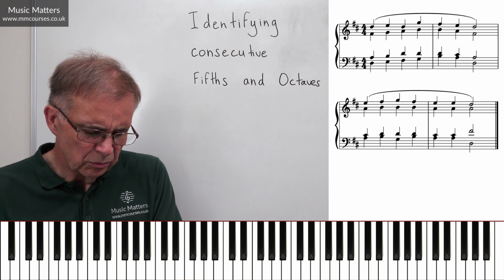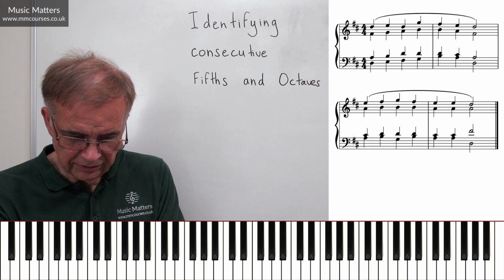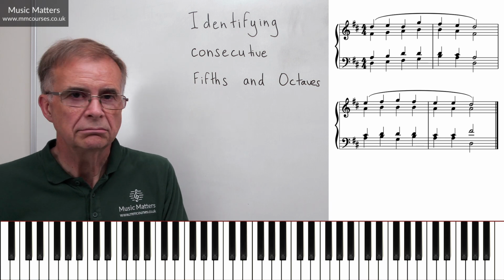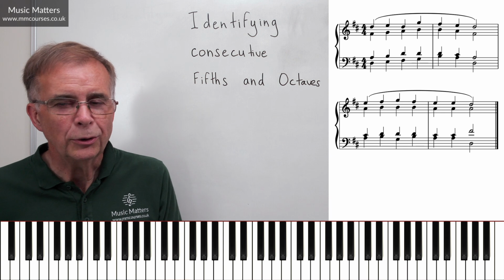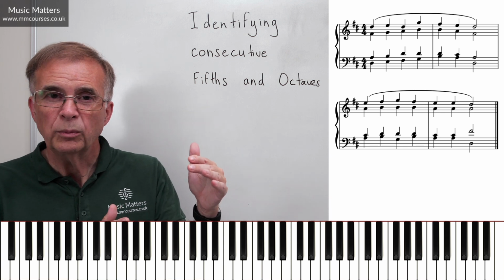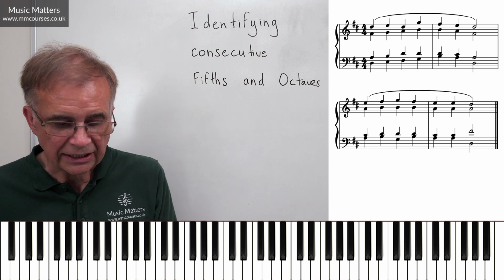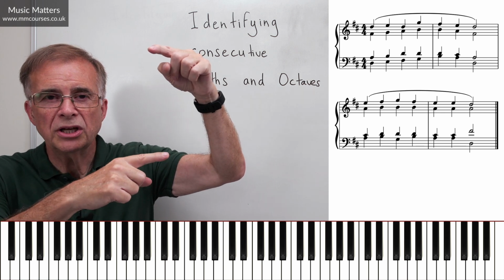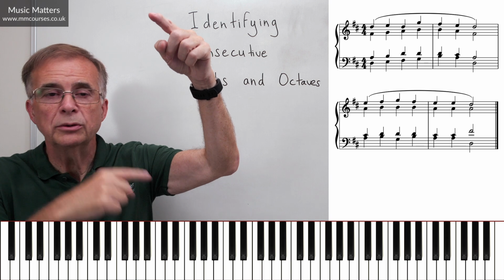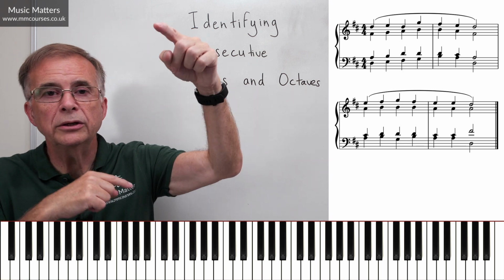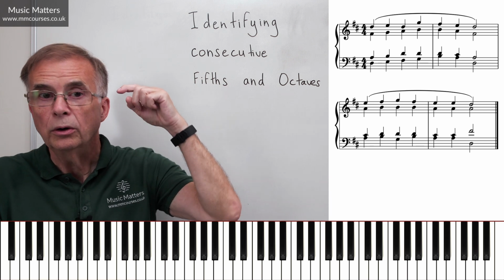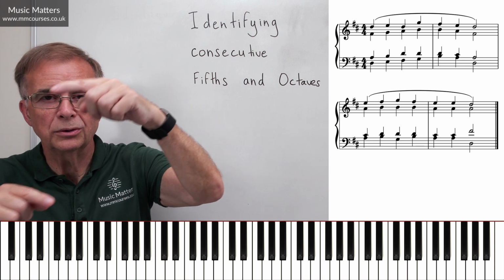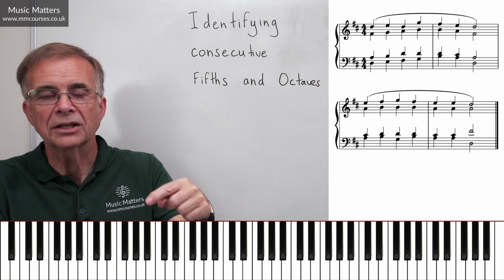Now, if I for some reason was going to use a perfect fifth followed by, say, a diminished fifth, that would be okay. Sounds a bit strange, but it technically would be okay because one's a perfect fifth and one's a different kind of fifth. It's a diminished fifth in that case. So they would both have to be perfect fifths, but it could happen between the soprano and the alto going from one chord to the next, or the soprano and the tenor, or the soprano and the bass, or the alto and the tenor, or the alto and the bass, or the tenor and the bass.